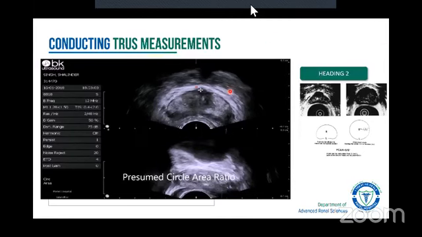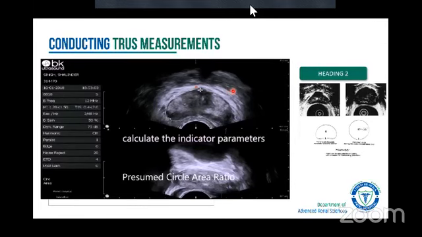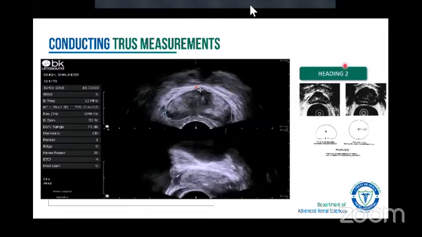So this is how you measure the presumed circle area ratio. These are the indicator parameters. The presumed circle area ratio is actually the ratio of the area of the prostate compared to the area of the